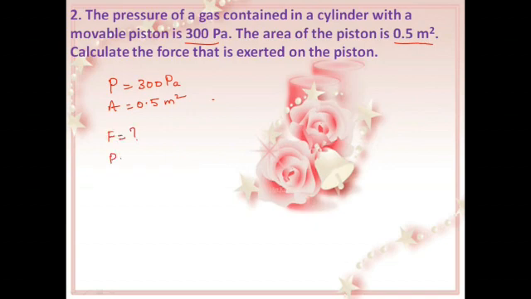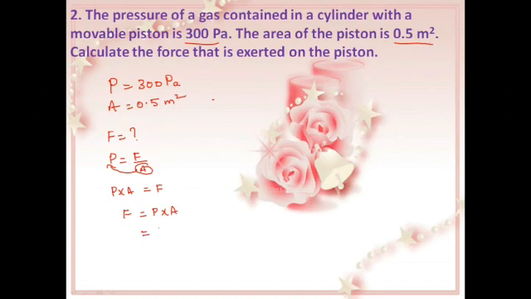So pressure is equal to force per area. You want only force, so what you can do, you can multiply area on both the sides. Or if you know how to do this, since area is in the division form and in the denominator, when it goes to the other side, it becomes multiplication. So you can write pressure into area is equal to force, or force is equal to pressure into area.